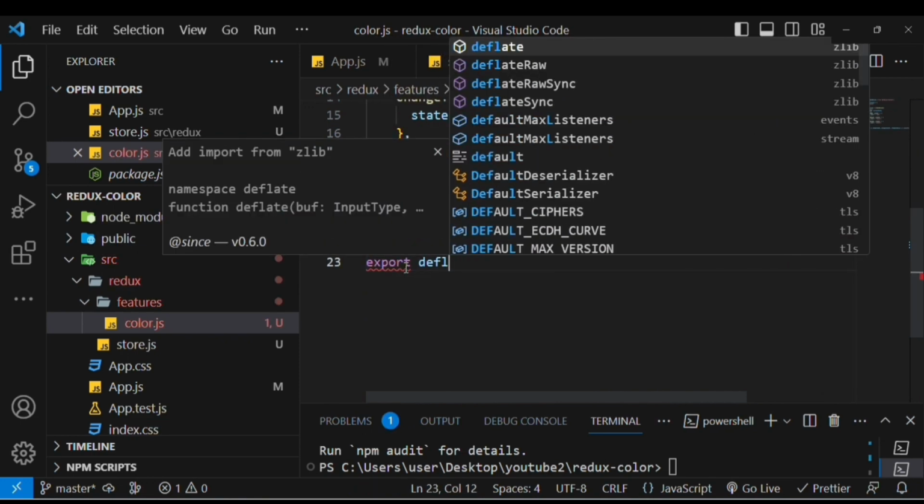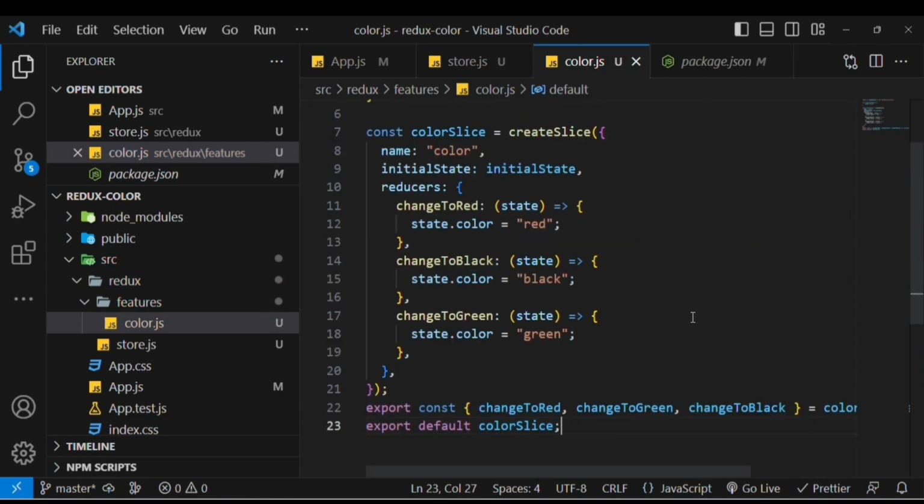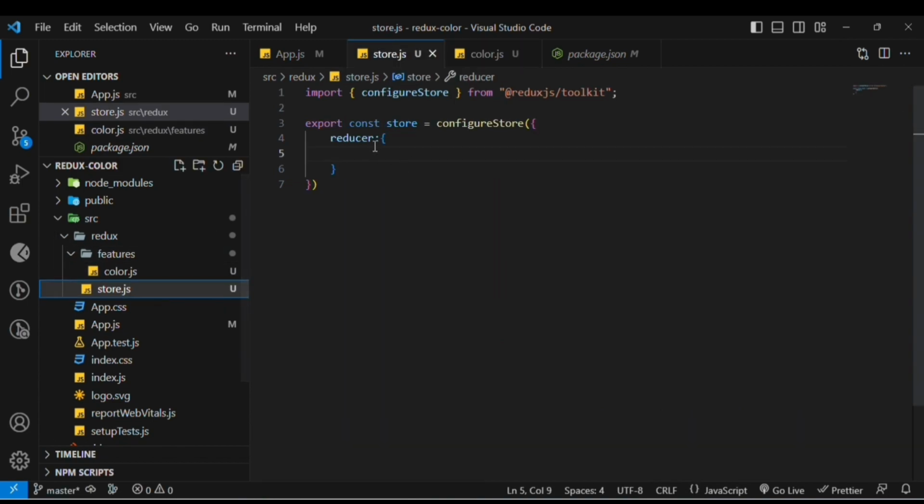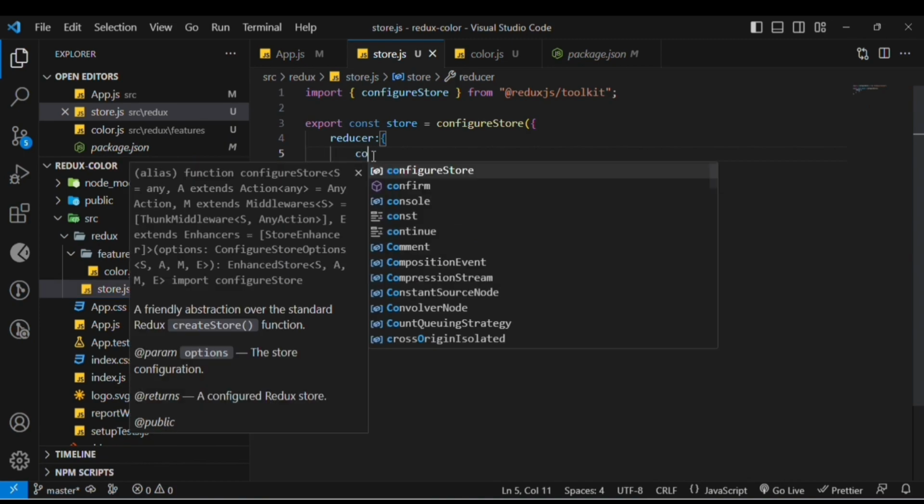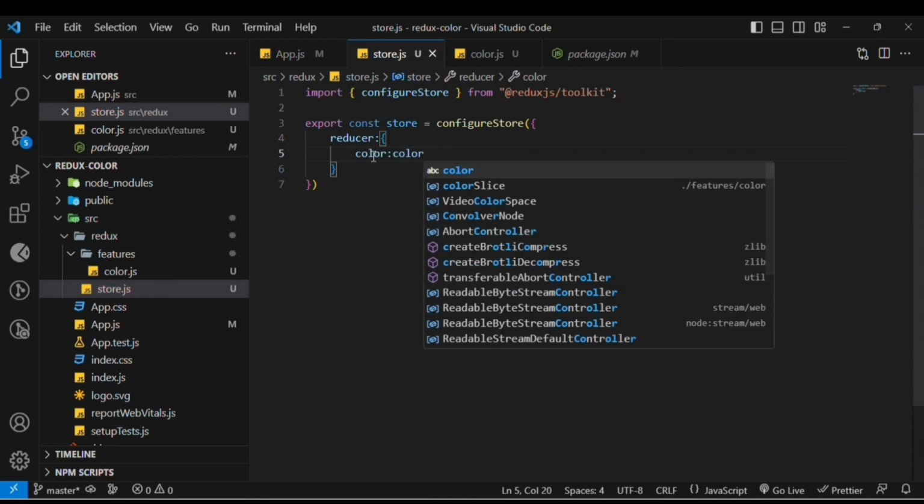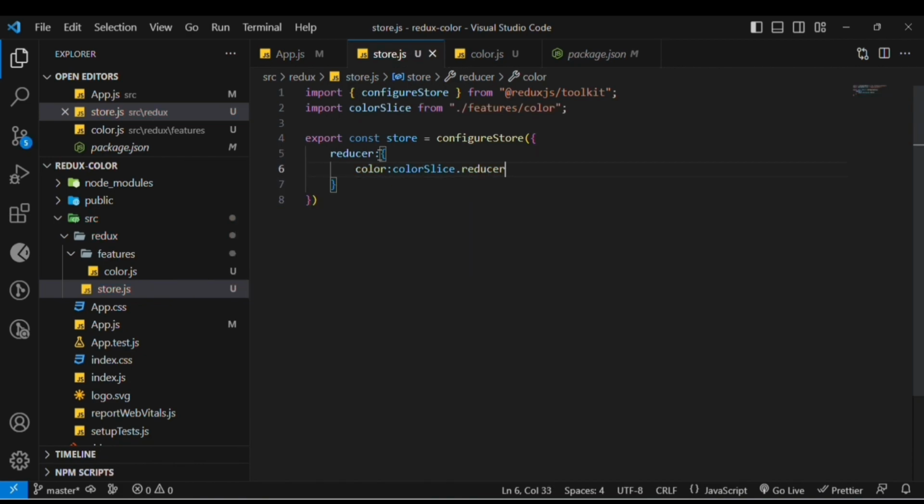Export default colorSlice. So this is our slice. Let's go back to our store, and here we will simply write color and import that colorSlice.reducer. We will write .reducer because it is just a boilerplate that we have to provide so that we